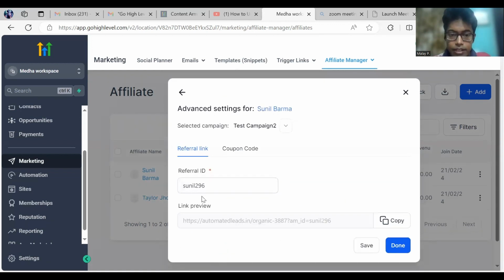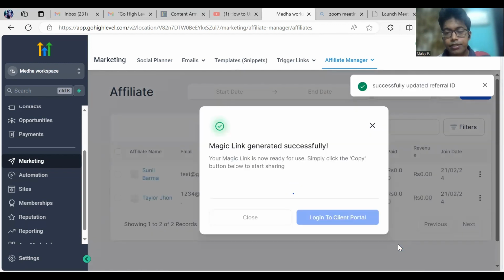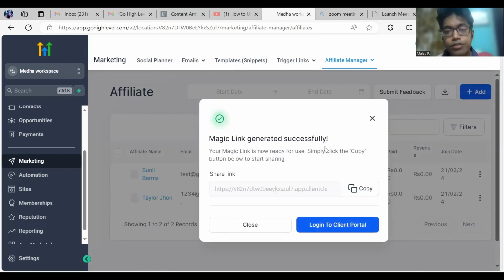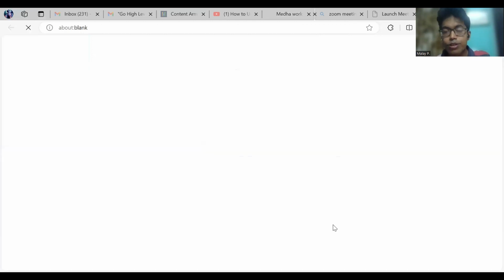There is a referral link. This is an automatically generated referral link. When the referral link is created, I copy the link and I can send it to my affiliate. And done. The link is generated successfully. When the link is created, the affiliate can send my product to their friends, relatives, and others for the affiliate commissions. And if I go to the client management login,